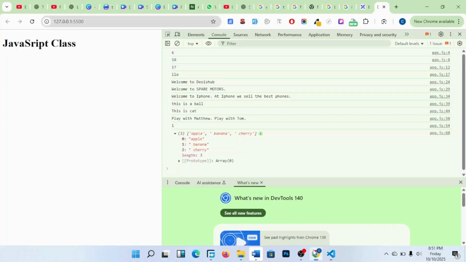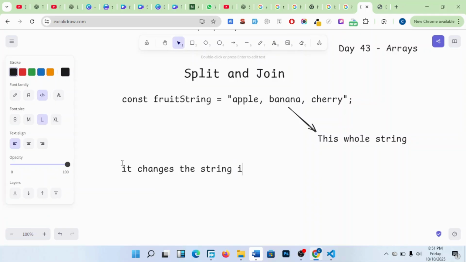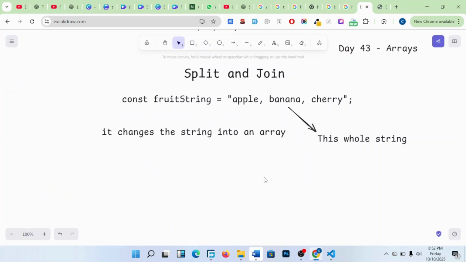So this one changes the string into an array. At first it was a string. A string is this whole thing as you see it here, which has no independence at all, with quotes at the end. But now when you say split, it splits it